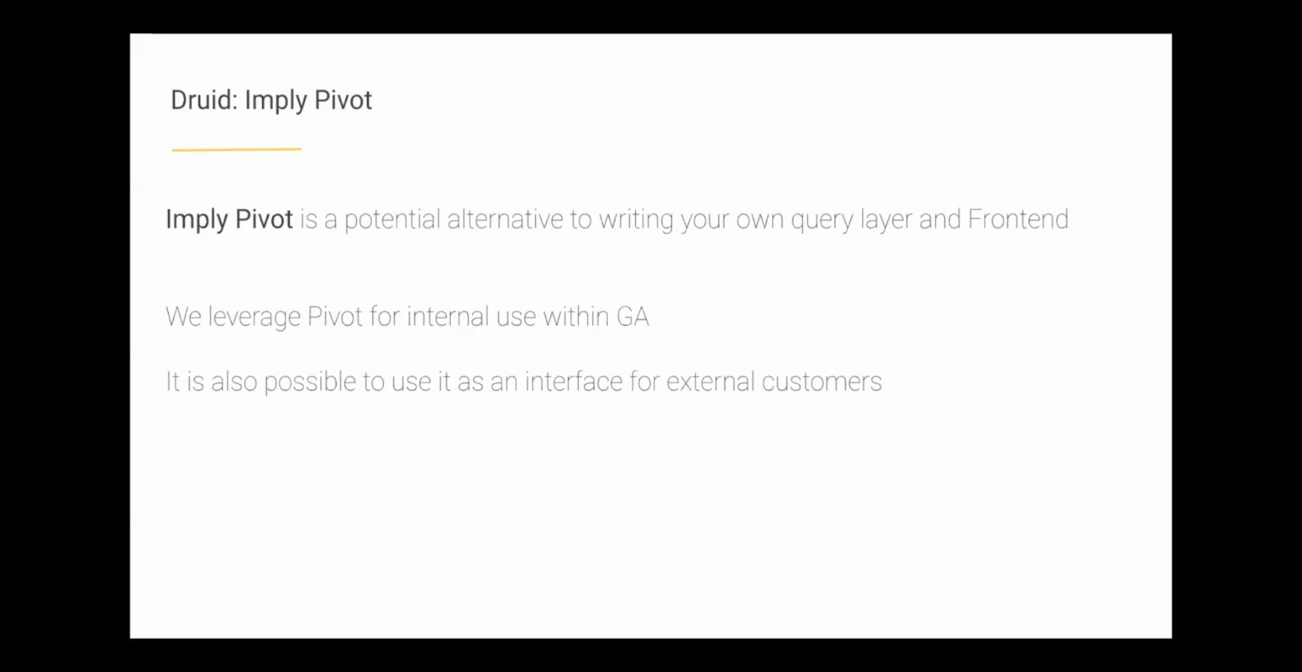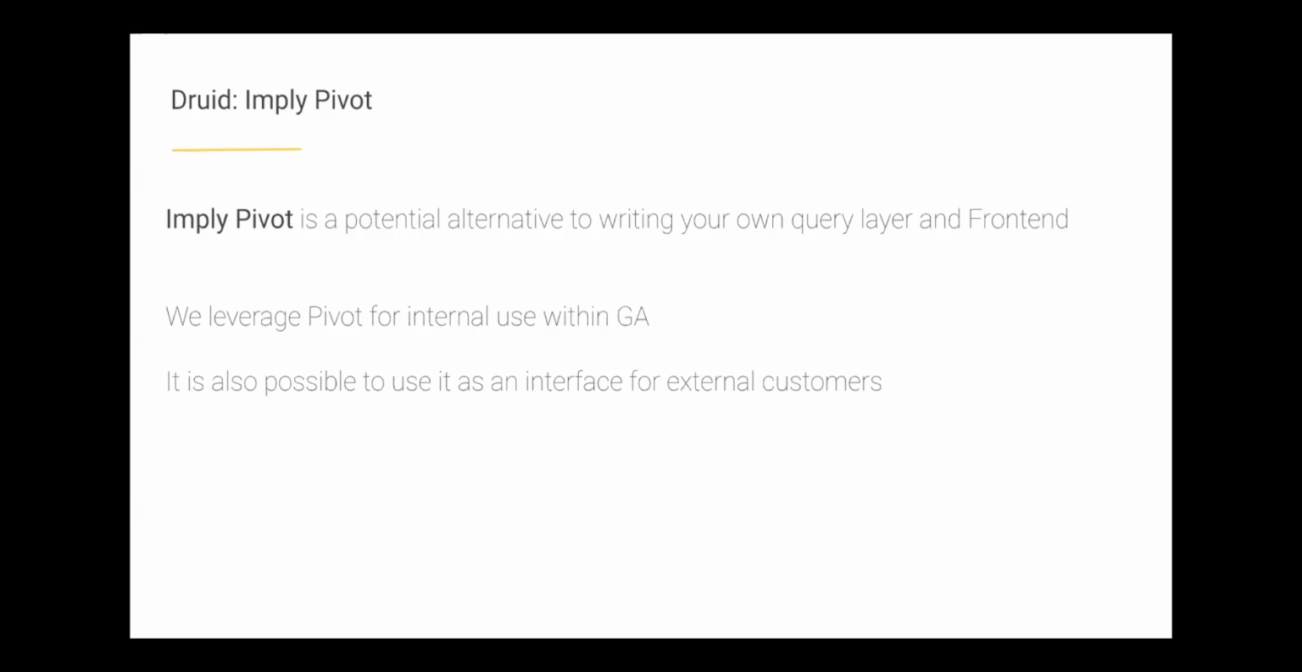So, Imply Pivot. We use the tool internally. As I've mentioned, out of the box, Druid has the query layer that you can use, and Pivot has features such as authentication, and a lot of types of graphs are built in, so the components are already ready-made. You could leverage Pivot to develop your front end and user-facing stuff, but we leverage Pivot internally